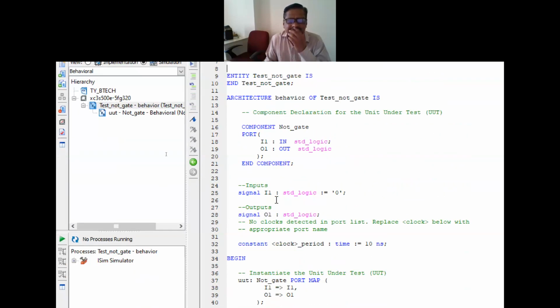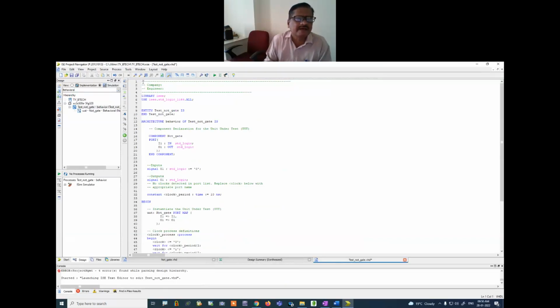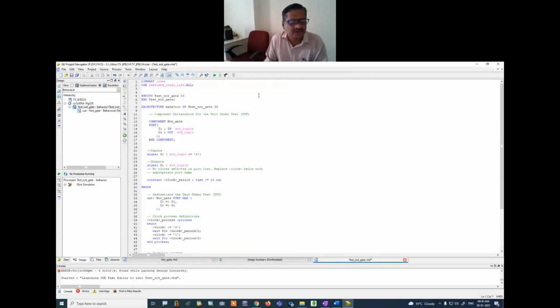Now here in the test system, we have the two things. Whether we want to test for sequential circuit or we want to test for the combination circuit. Just I will come out of the Zoom and then I will discuss. Is it right? There are the two things, whether we want to test the sequential circuit or combination circuit. Sequential circuit means circuit having the clock statement. Now ours is the NOT gate. NOT gate does not require any clock. Is it right? So I'm testing the combinational circuit, and while testing the combinational circuit, I have to do little